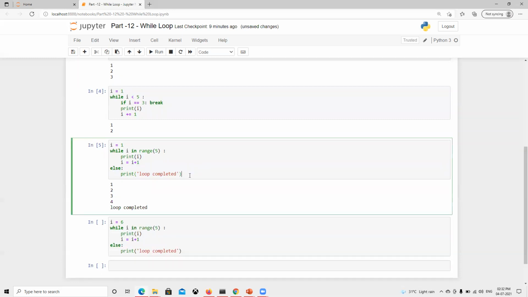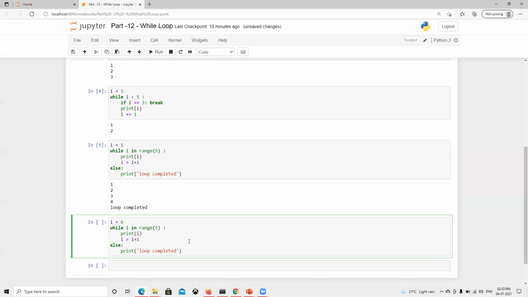As we discussed in the if logic, else is always going to execute if the condition is not satisfied. So here I am putting i in range 1 to 5, and whenever it comes to 5, because range is going to loop till that point, first it's going to increase. After increasing only it's going to exit the loop, because when i becomes 6 and it checks the condition, then it executes out of this loop. So it's going to print loop completed. It prints all those values and then loop completed.